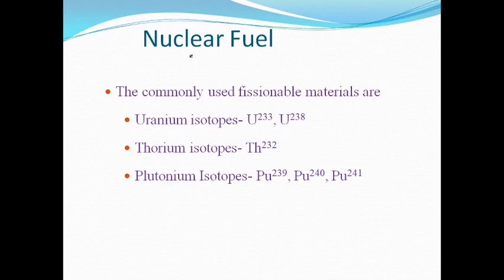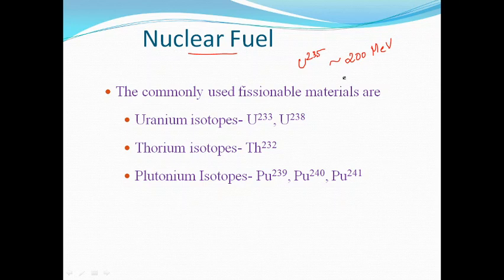First of all, the most important part of a nuclear fission reactor is its nuclear fuel. So we know each fission process will produce huge amount of energy. In the case of uranium-235, we calculated that fission of each atom will be producing approximately 200 mega electron volt of energy, and that is a very huge amount of energy.